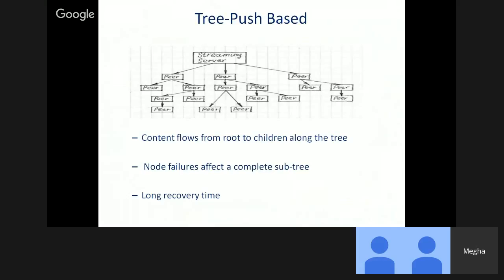Tree push based works with the nodes of the tree, where content flows from the root to the children along the tree, and a node failure affects a complete subtree. If one node fails to stream, the other nodes won't work, and it takes a long recovery time.